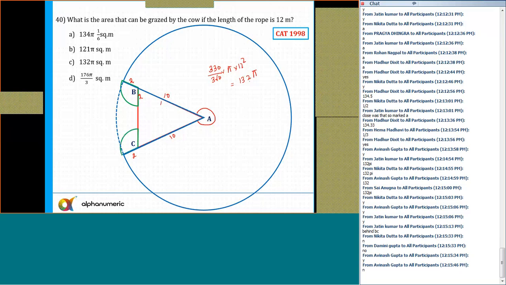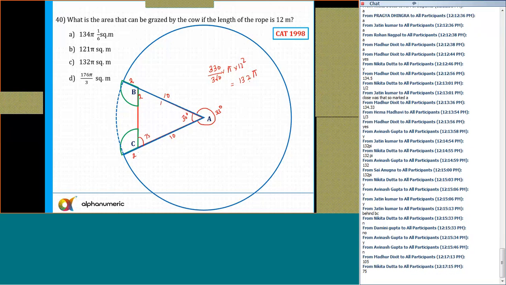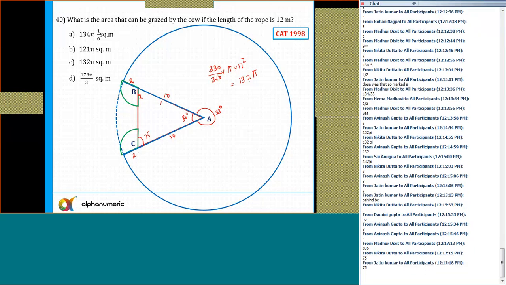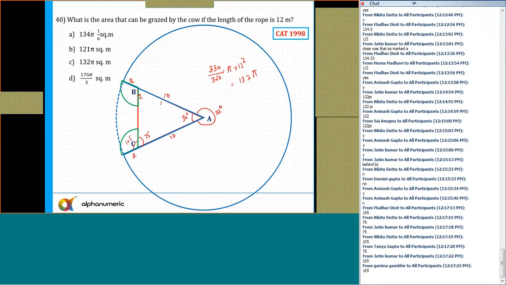Now, this angle is equal to 30 degrees, that we already know. This angle is equal to 30. This is 330. And angle B and angle C, can you guys tell me what angle B and angle C are? Total angle is 180, so this is, I think, 75. If this is 75 degrees, then angle C will be equal to 105. Okay, 105.